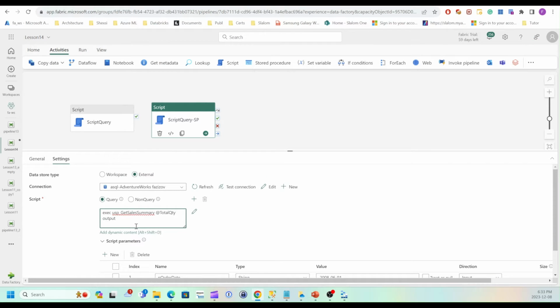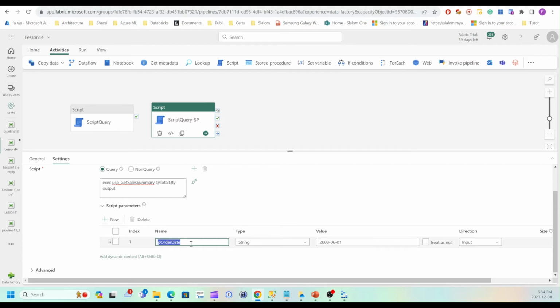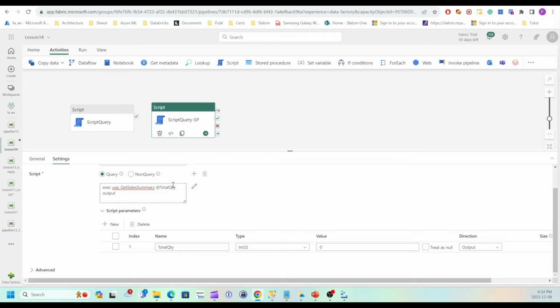Now I'll put that query in, and I will change my parameter name to total quantity. I'm going to change my type to integer and I'll replace the value with 0 as the initial value. Now I have to change the direction from input to output because I'm expecting data from this stored procedure. Okay,